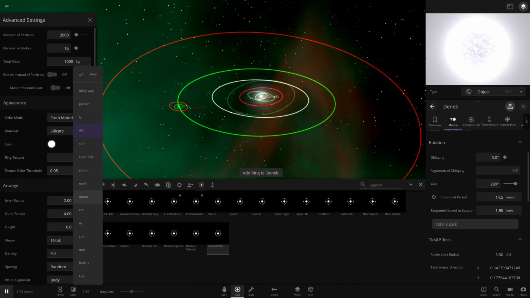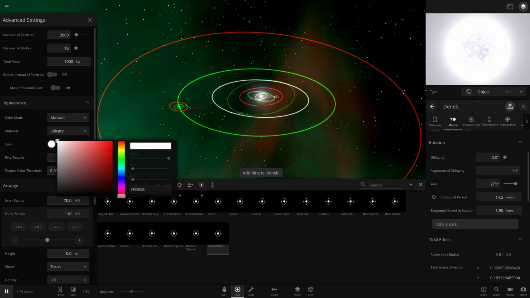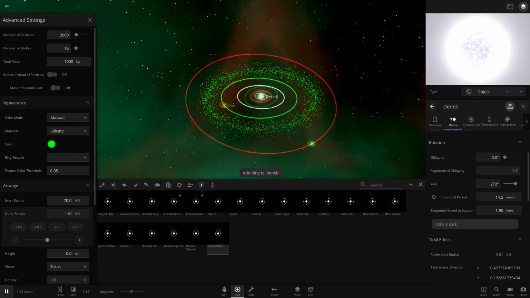Okay, so we're in AU. We're going to want to use 60... Let's go with about 70 to about 110, like that. Color, we're going to put on manual, absolutely. Now, let's go with a nice bright green. So now if I click add ring to Deneb, the ring is in between the Sun and Alpha there, but